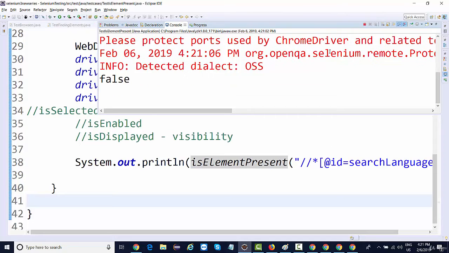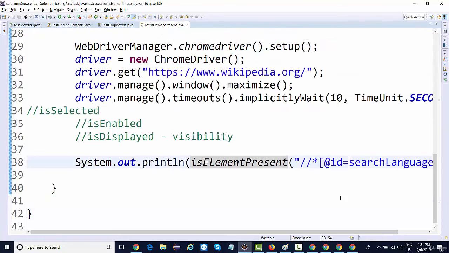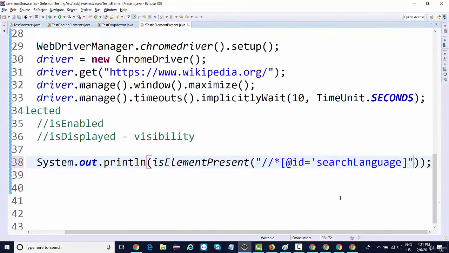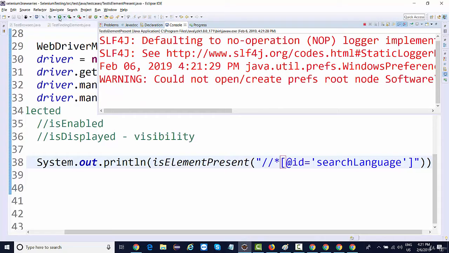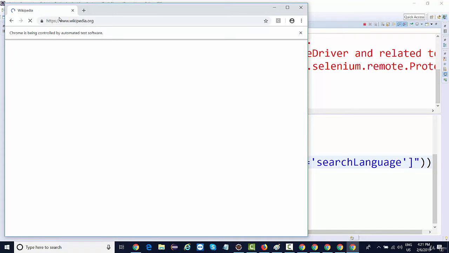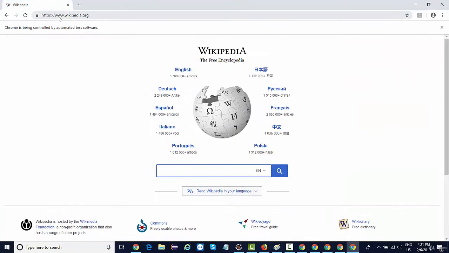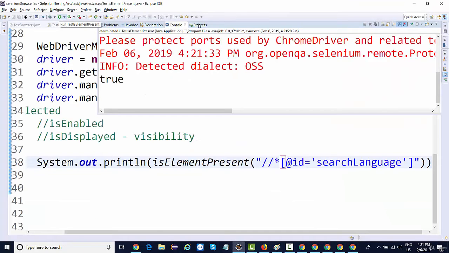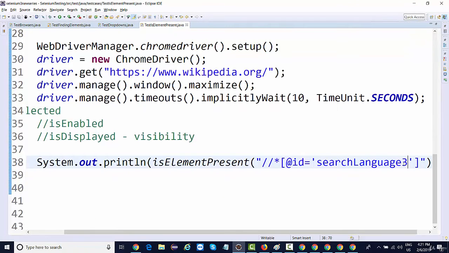Okay, the XPath is not correct. Basically, I need to add single quotes over here. That's the reason it was not able to find it. But see, it has returned false. And if you see over here, it returned true. Now, if I give any incorrect XPath and run this,